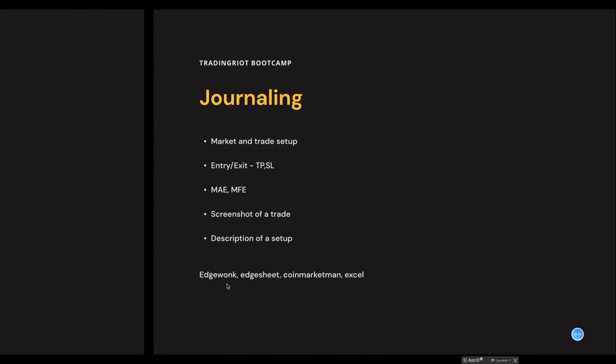I do everything manually. So what are the things that you want to be journaling? The markets and trade setups that you are taking. There is one overall exception to this. If you want to be scalping, and taking 20 or 30 trades every day, then you might want to rethink this whole approach, because obviously that will be a tedious